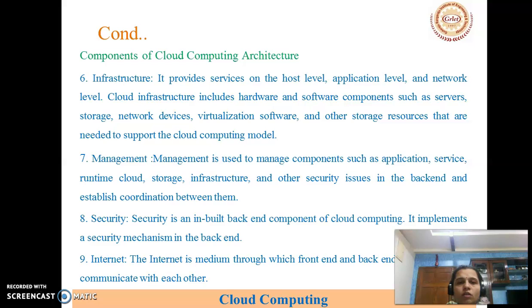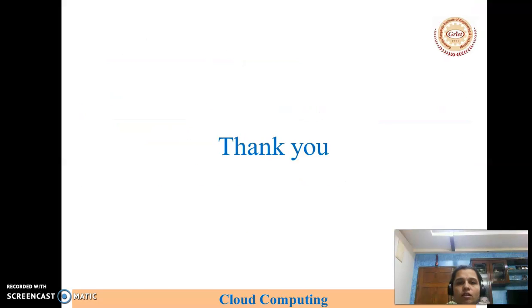Now till now we saw what the cloud computing architecture is, right? So the cloud computing architecture contains two main components. One is the front end and the second one is the back end. Front end is nothing but the client infrastructure that we can access with Chrome or Mozilla or any one of the browsers. And next one is the backend. Backend is nothing but what provides the infrastructure, security, and as well as the storage and application. Those are provided by the backend. Right? In this way, we can say that the cloud computing architecture is available in the cloud.